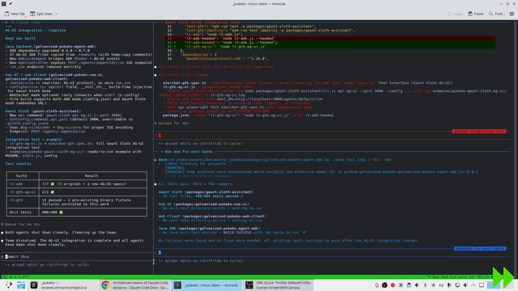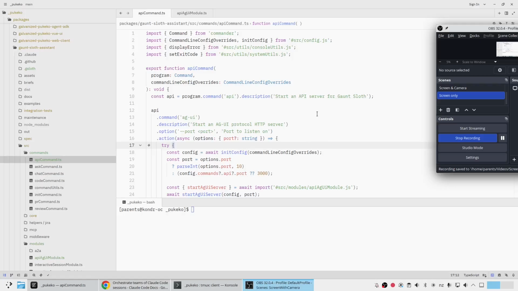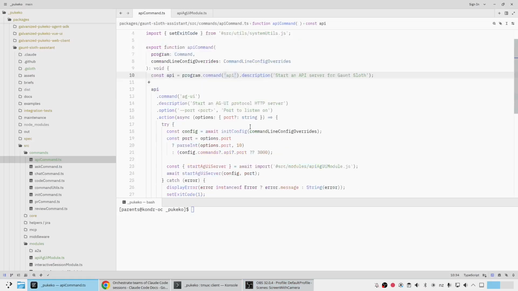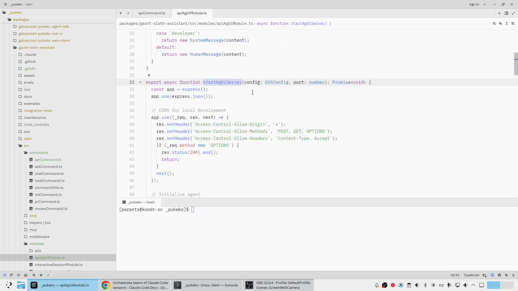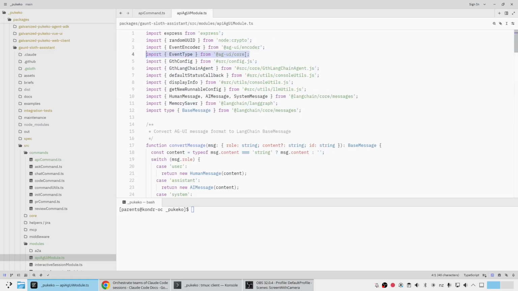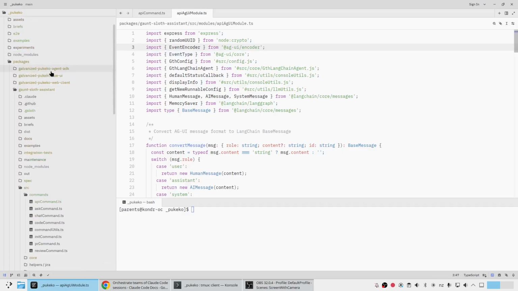It claims it finished the project. All right, I had a look at the code, I had a look at the diff, and it doesn't look bad. It certainly created a new command in Gunsloth. It created a new module for that. It imports the correct packages, and